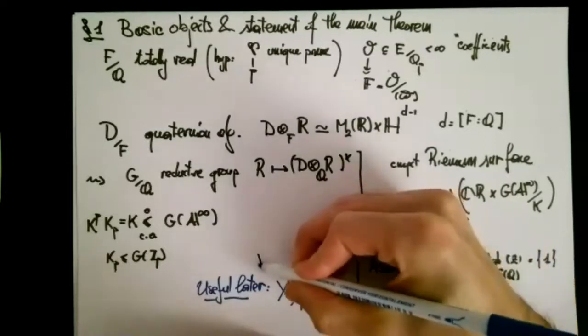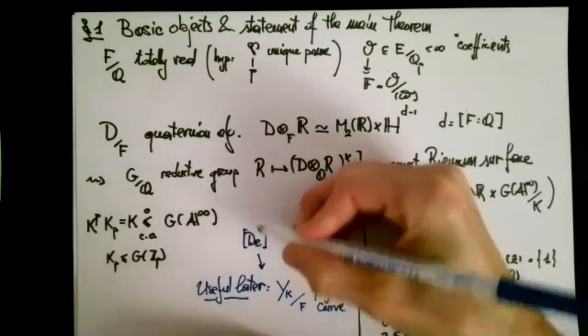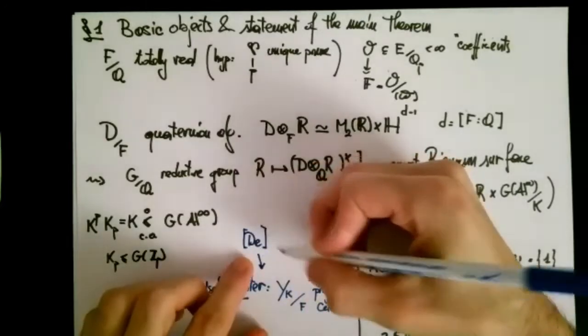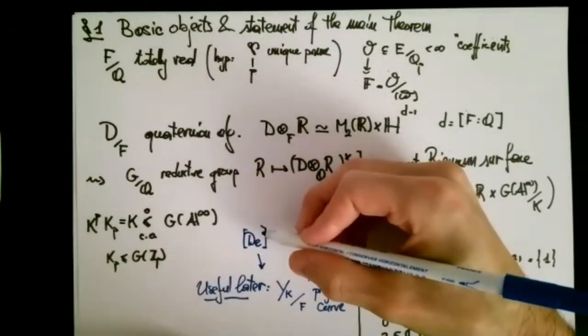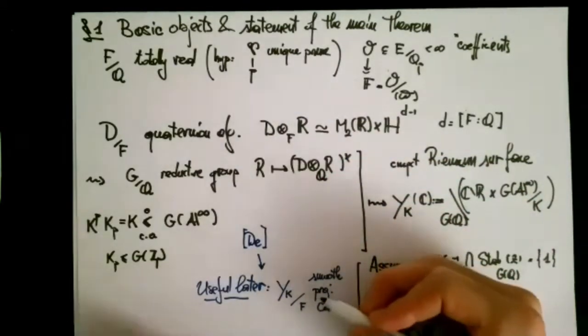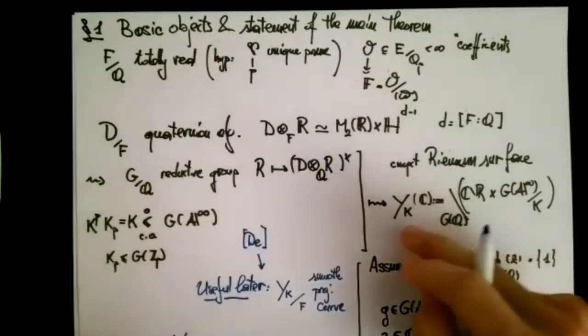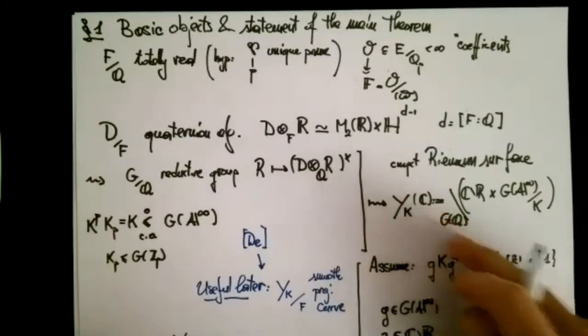So for this reference, there is a summary of this result in the Bourbaki talk of Deligne. So it's a smooth projective curve such that if we consider the complex points, well, the complex points are exactly